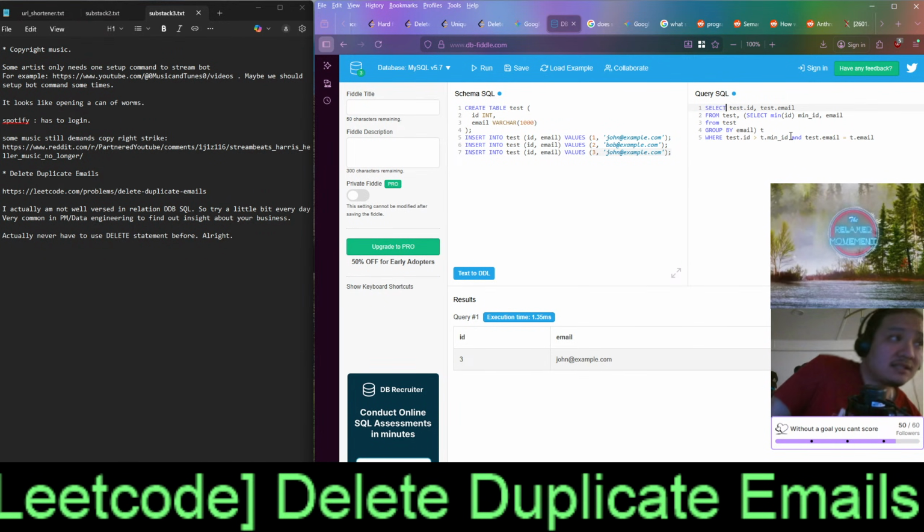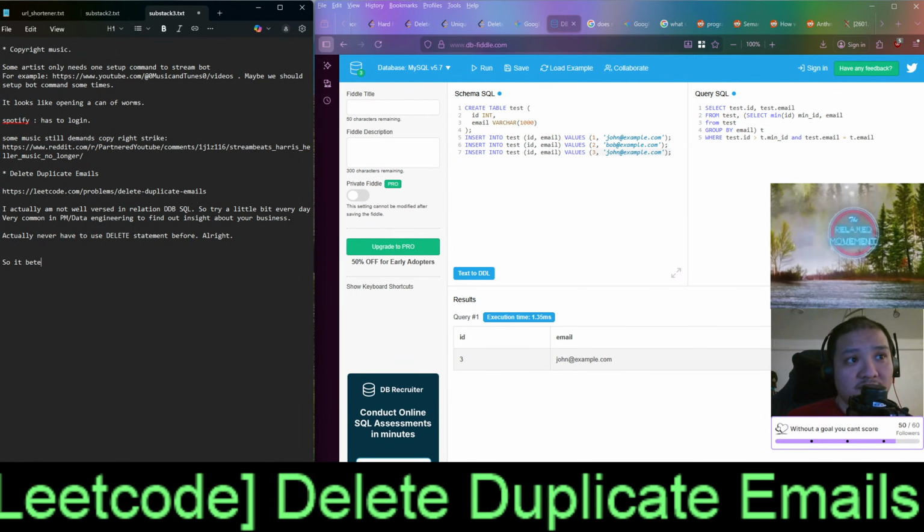Yes, I think this will work. Right, so it's better to produce the row set so the delete command is simple. I think that's the way to go.